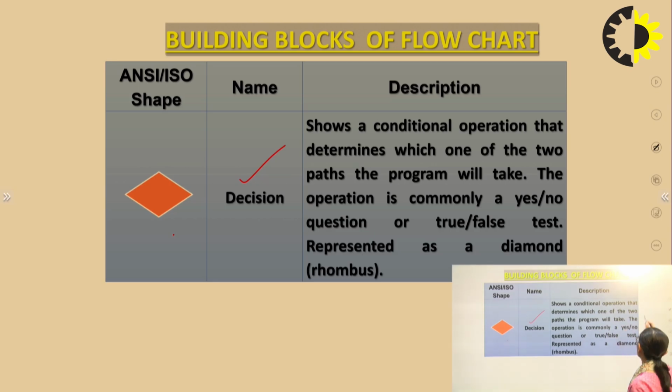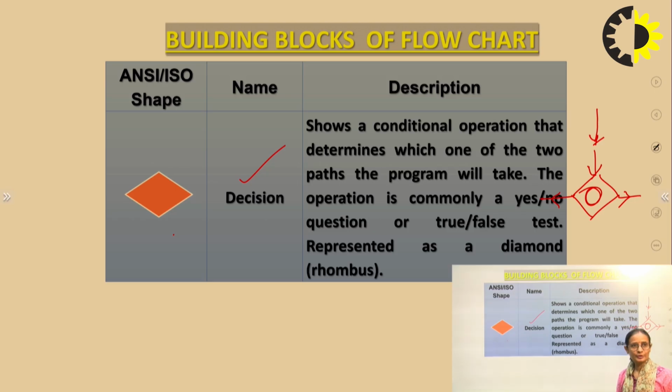Instead of following a sequence, we change the flow on the basis of a certain decision, deciding whether we want to go in this direction or that direction, depending upon the condition specified within this symbol.